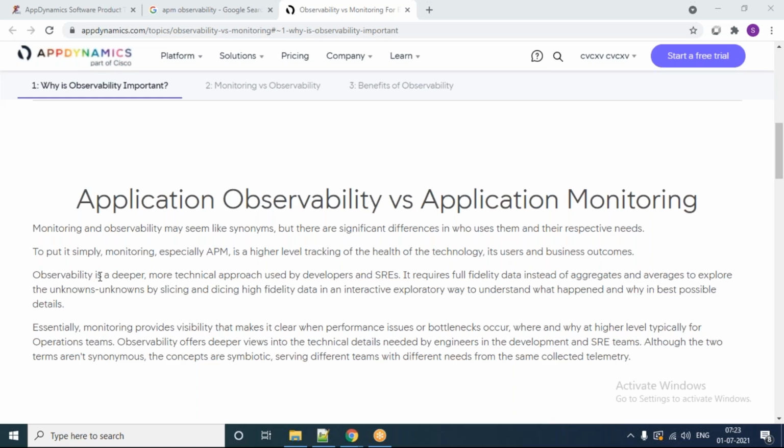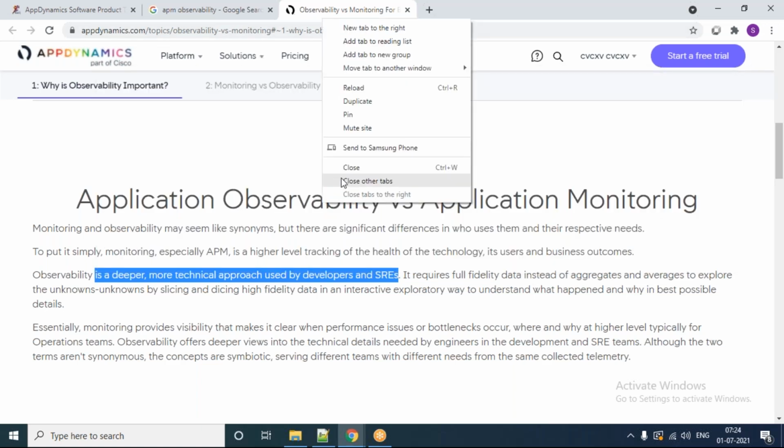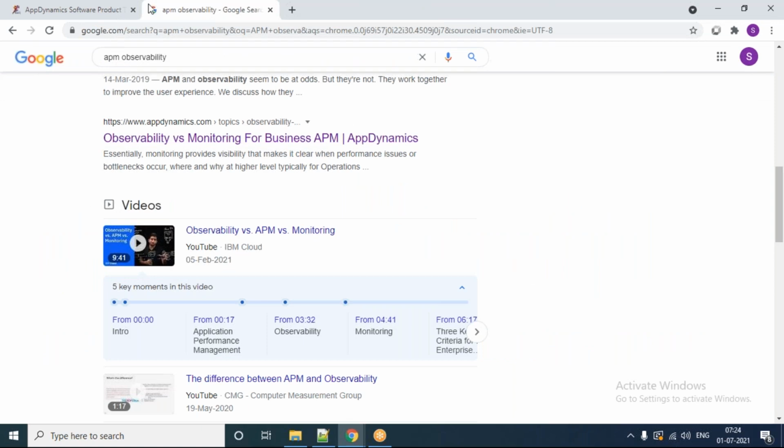It is a deeper, more technical approach used by developers and site reliability engineers, which means different sources, different data, and how you are going to do problem statement analysis. That is what application observability means. Don't think it is something very complex.